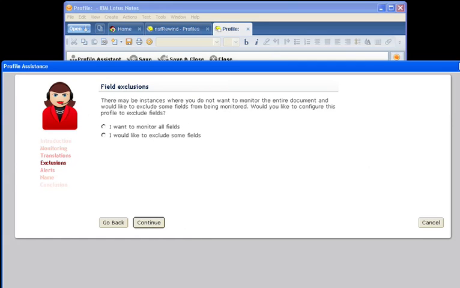I now have the option to exclude specific fields from being monitored. This has two uses. The first is to exclude fields that are not important. The second is for cases where specific fields may impact a specific set of users but not another. Here's an example. Let's say we have a specific individual on the administration team whose responsibility is to monitor mail